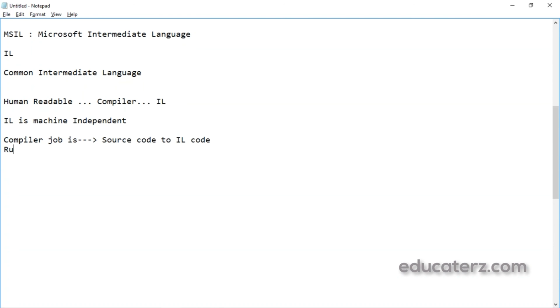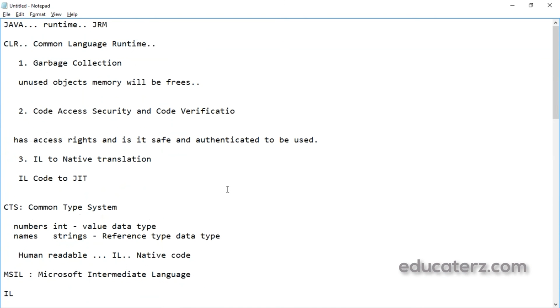Then at runtime, the CLR's job is to convert IL code to native language. So any code execution will be like this: initially human readable, then intermediate language, then native code. IL code comes from the compiler. After this, at runtime, you get the native code.